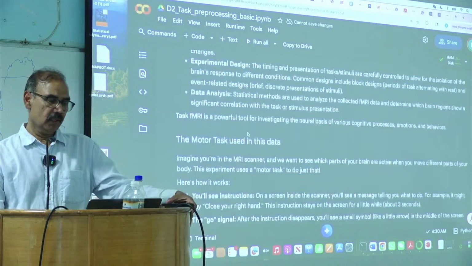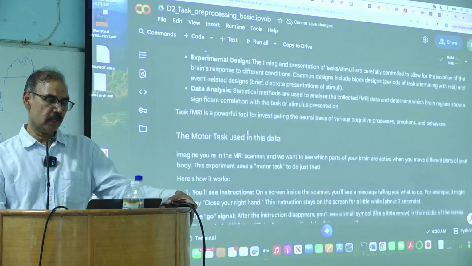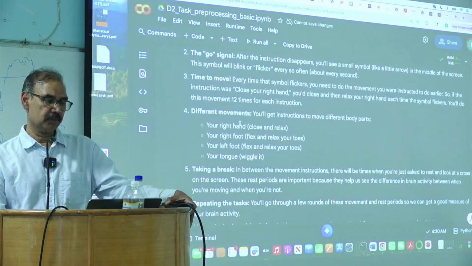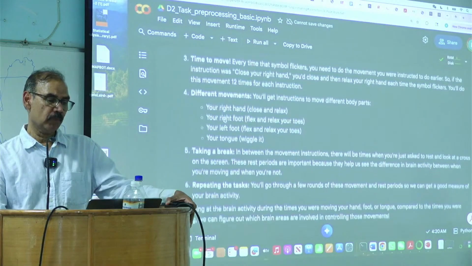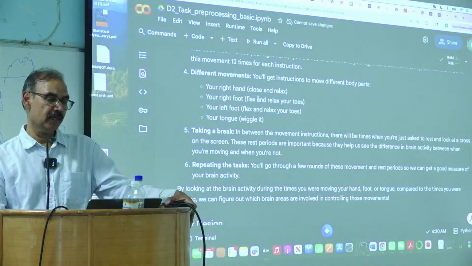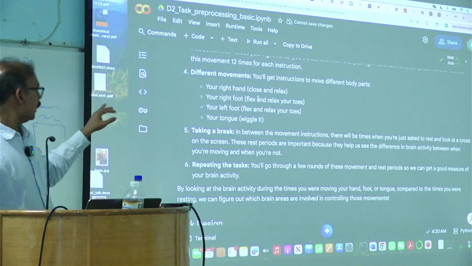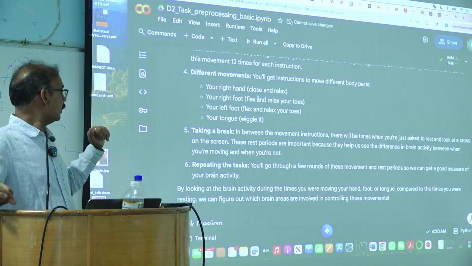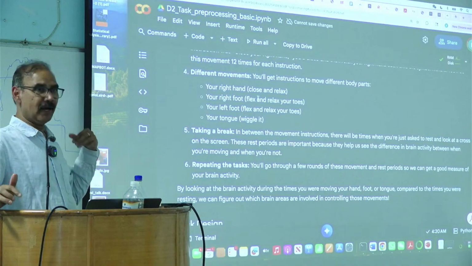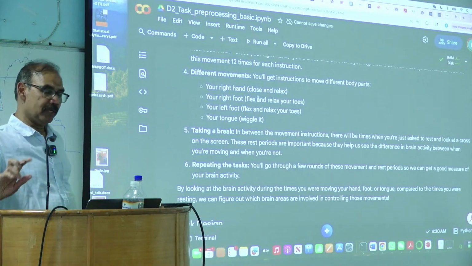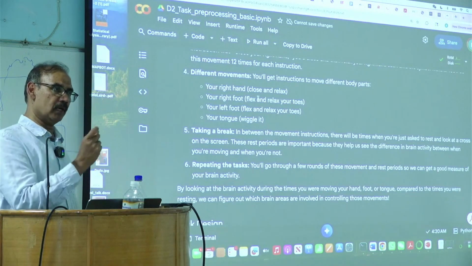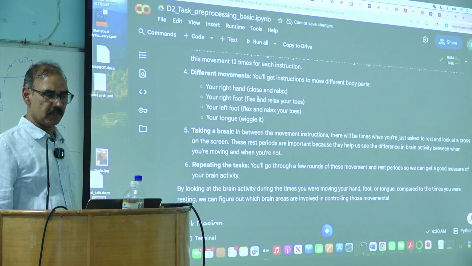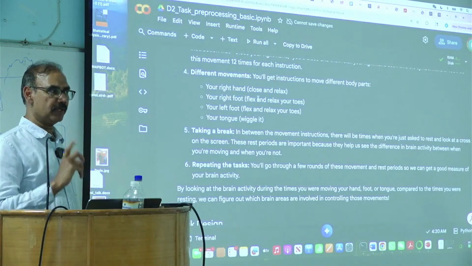In this case, we are going to use the motor task. They had 4 different tasks: right hand, right foot, left foot, and tongue. So they wanted to activate the whole homunculus,